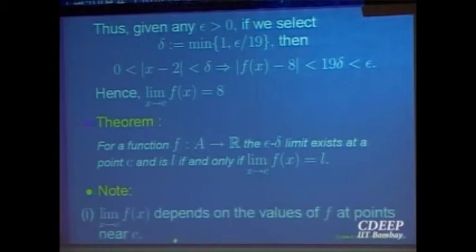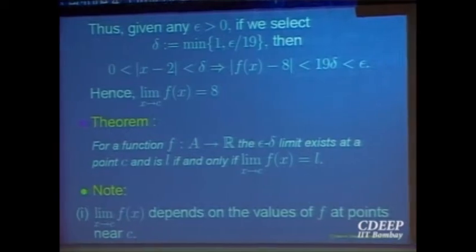So let me now make something very clear. The limit of a function as x goes to c does not depend upon the value of the function at the point c. Let us be very clear. Limit is where you are predicting a value for the function at a point by values at nearby points. At that point, what is the value? We are not interested in that. We ignore that at all. In fact, the function may not be defined at that point at all.